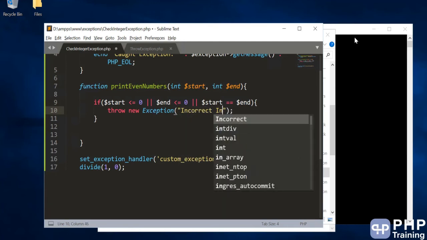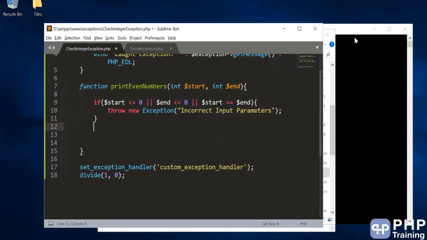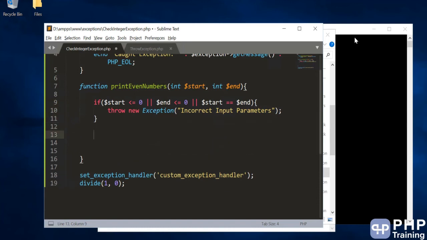You will say incorrect input parameters. Because if start is less than 0 and end is less than 0, then you typically cannot write a loop, and if end and start are the same, then you cannot print even numbers either.